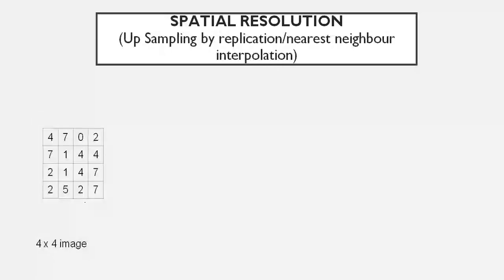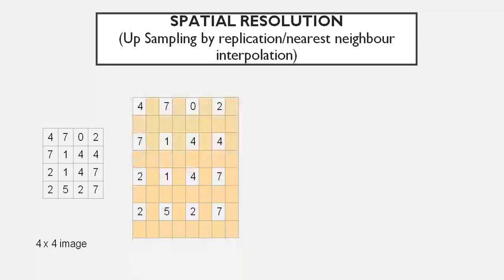So this is our downsampled image that we have, and we have lost the pixel values that we have discarded. We want to recreate our 8 cross 8 image back. So what will we do? First of all, we will create the matrix of 8 cross 8 and we will plug in the values of the 4 cross 4 image that we have. These pixel values we will plug in like this, in alternate rows and alternate columns. And the remaining values here are blank, which we need to estimate.